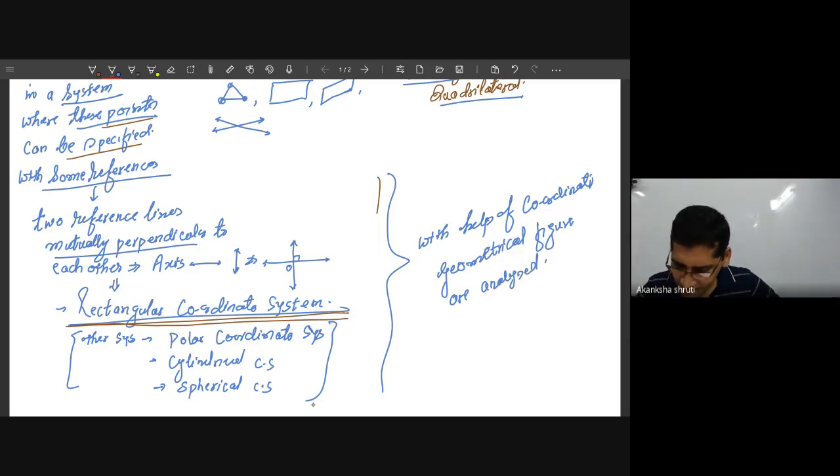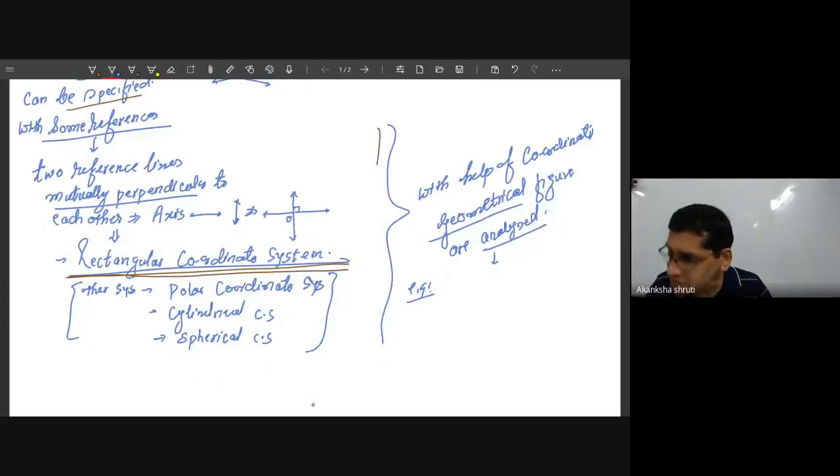Okay, student. So with the help of this, we will analyze this geometrical figure. Analysis means again we will calculate the same things, say side length. For example, here we will also be interested to know, if I am drawing a triangle and the coordinates of the vertices of the triangle are known, then which kind of triangle is this? This could be an analysis. It is possible to find the area of this triangle, even the side length. If two side lengths are given, what is the altitude? All these things can be calculated.